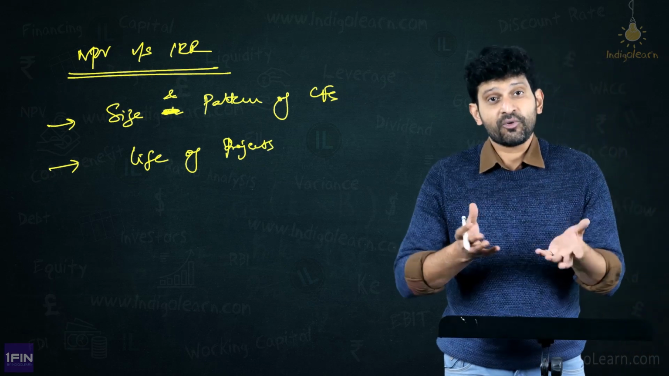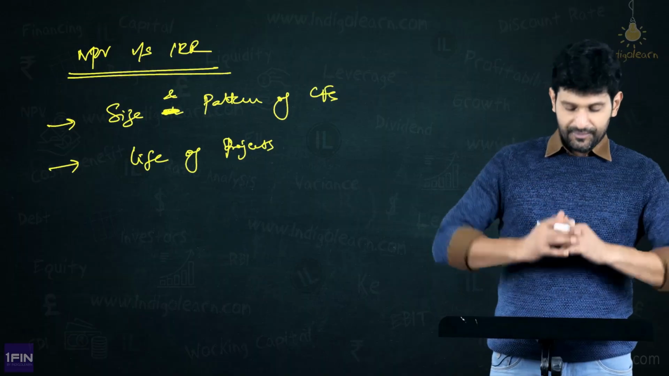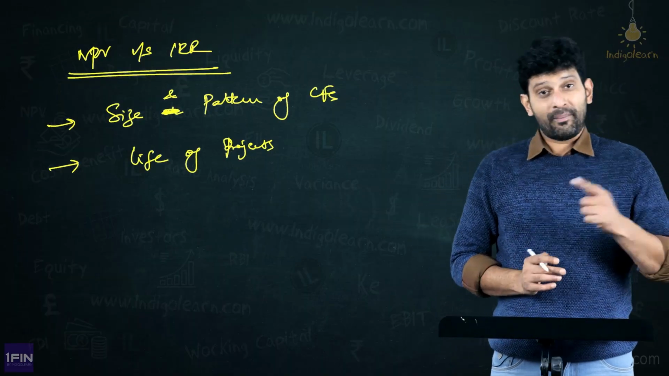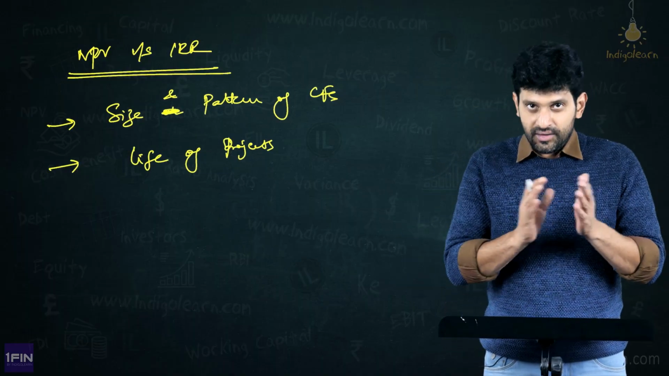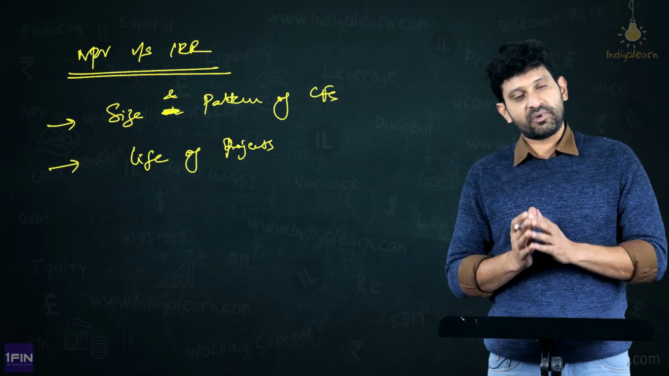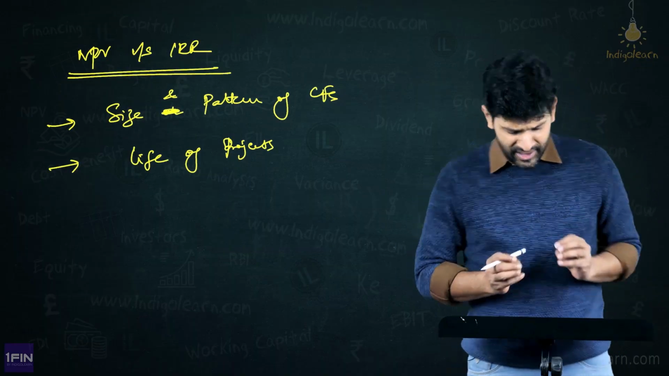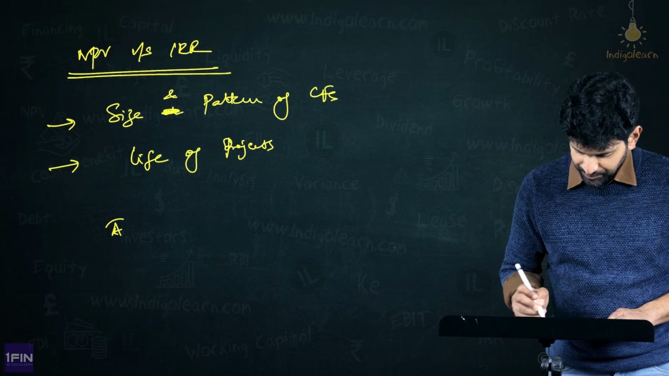Depending upon the life of projects also, there can be a disparity. This is also possible. Therefore, because of these two reasons majorly, that is size, pattern and life of projects, there can be a disparity or difference in the decision to be taken with respect to NPV versus IRR. Now friends, to understand it mathematically, let us take a small example, say project A and project B,